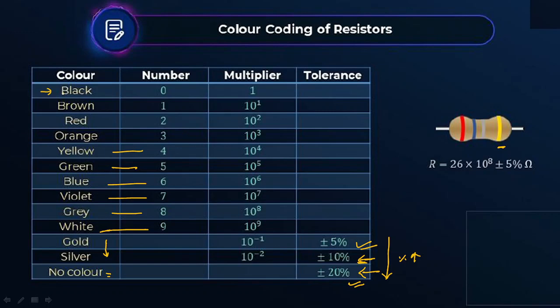So what we can do is take the first letters of all these. Black, brown, red, orange, yellow, green, blue, violet, gray, white. Now one more thing: there are 3 B's. The first one is black, the second B is brown, and the third B is blue. So black, brown, blue. This we have to remember.